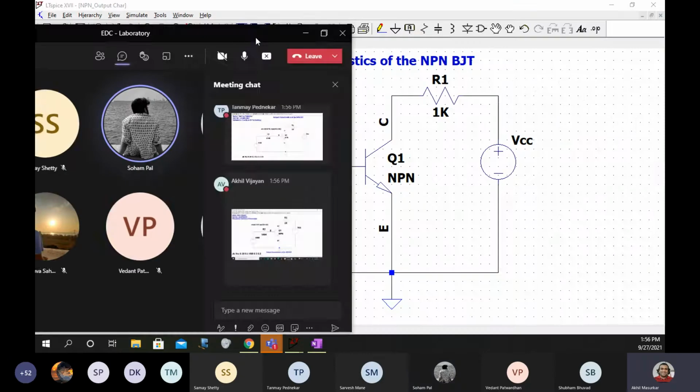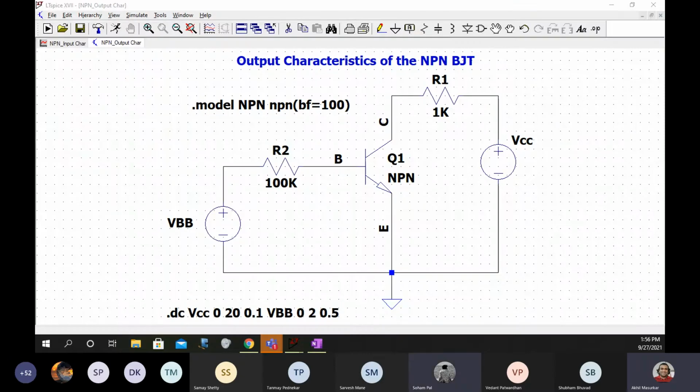Yeah, actually, I have not named it as VCC1. I had just copied the circuit, so I don't know. That is why when you copy, it automatically gives you a name which is not in the circuit. Are you understanding? Yes, sir.